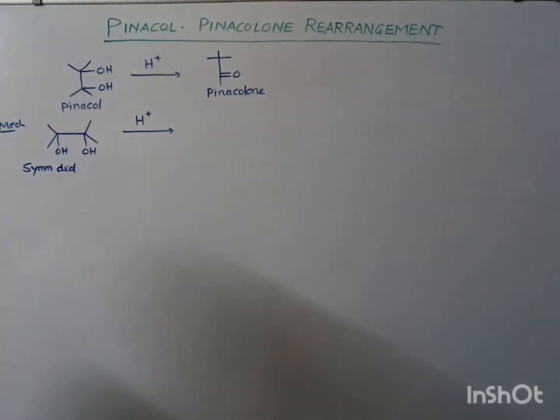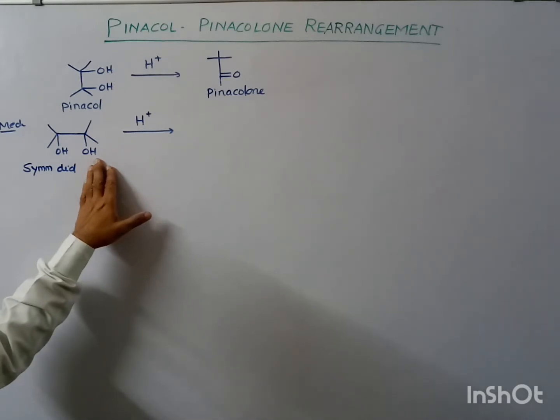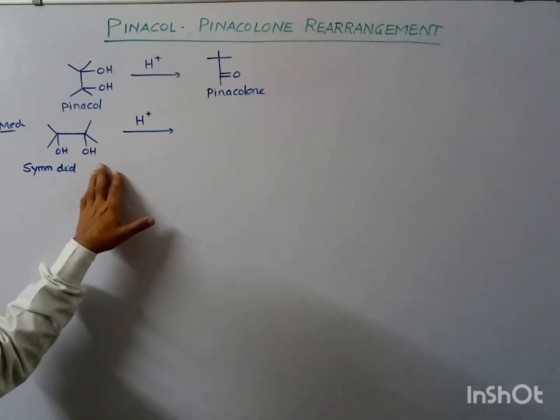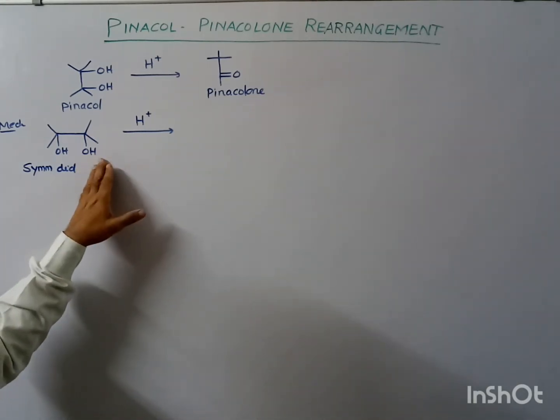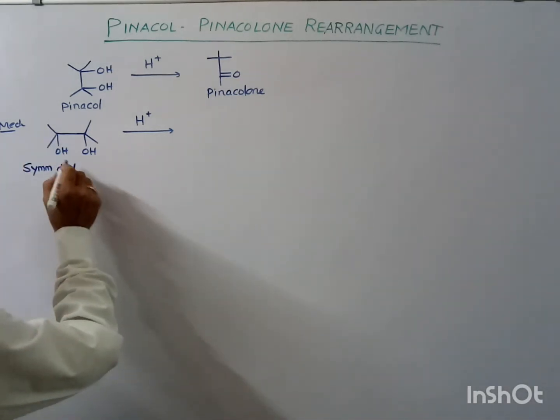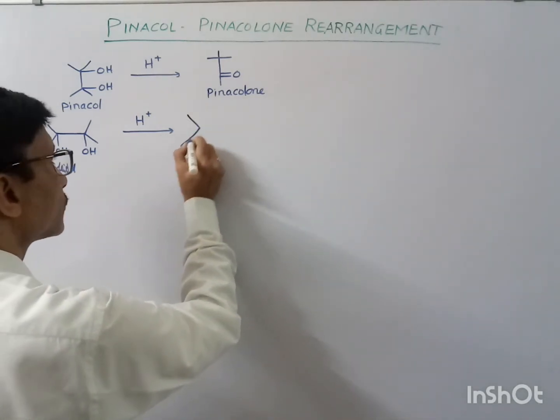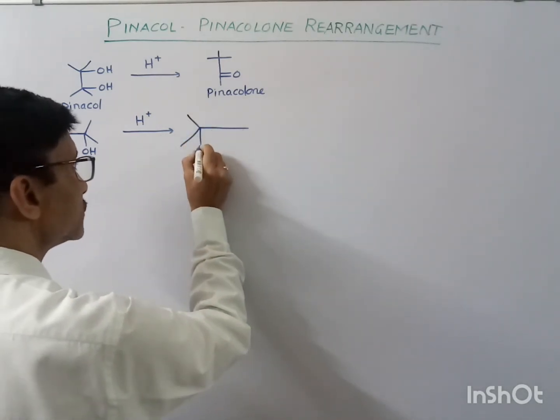This OH group would be protonated. This OH group, being a poor leaving group, after protonation would be converted into a water molecule, which is a good leaving group. Because this is a symmetrical diol, any one of these OH groups may get protonated, and after protonation, you will see